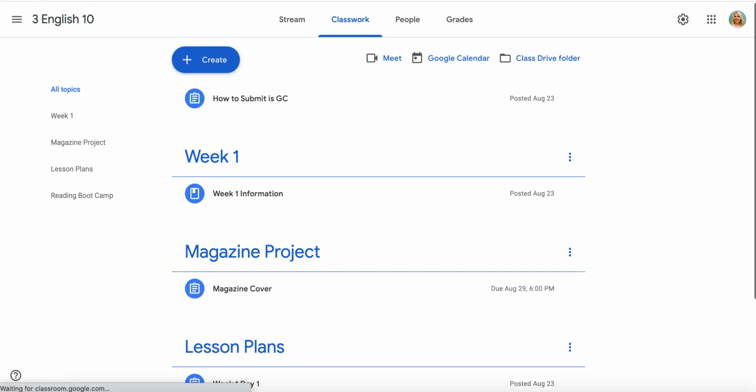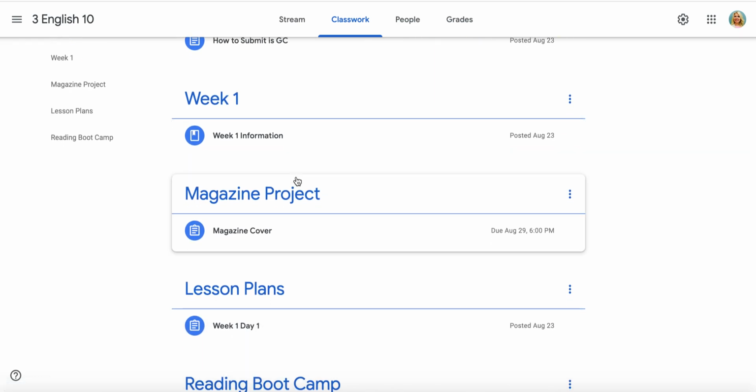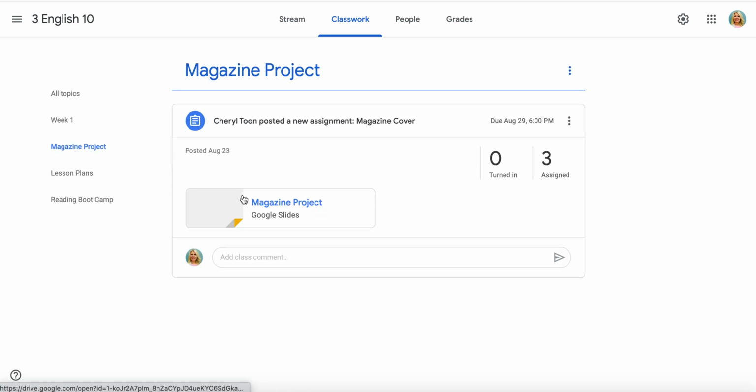Okay, so now I want to go to the magazine project, and you heard me mention this in my introduction video: all year long, not only is our theme as a whole class going to be Southern ladies and gentlemen, but the project that is going to be a year-long project is our magazine project. I will explain more about the magazine project to you in just a few minutes, but for right now, I want you to see that